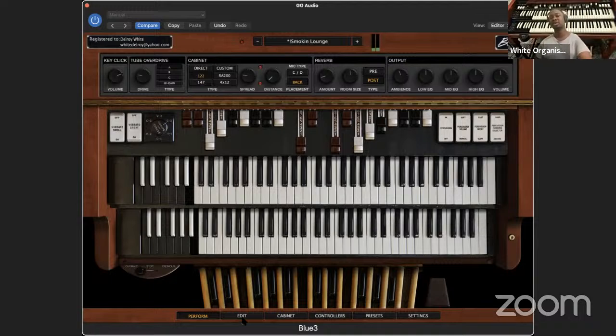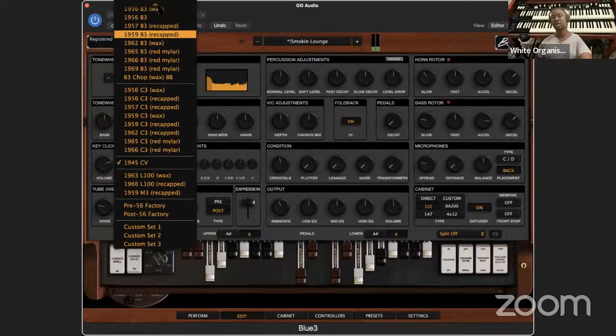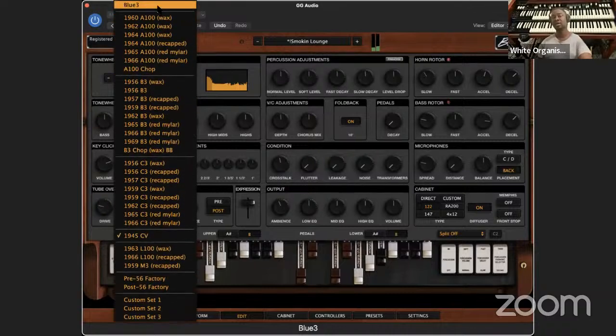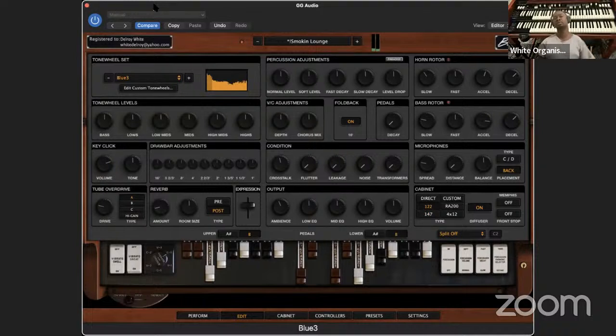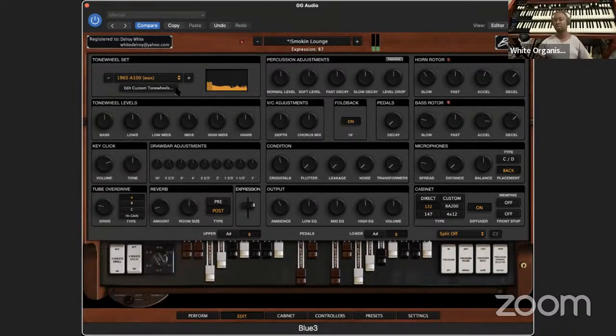All right. So on the edit here, you can see the years of model Hammonds. And up here, you can see Blue 3. They have their own custom model called Blue 3. Got some bass on it too for this one. So say if you wanted to use an A100 1960, you hear the difference right there? There's a whole difference. And you can see even on the meter here, the